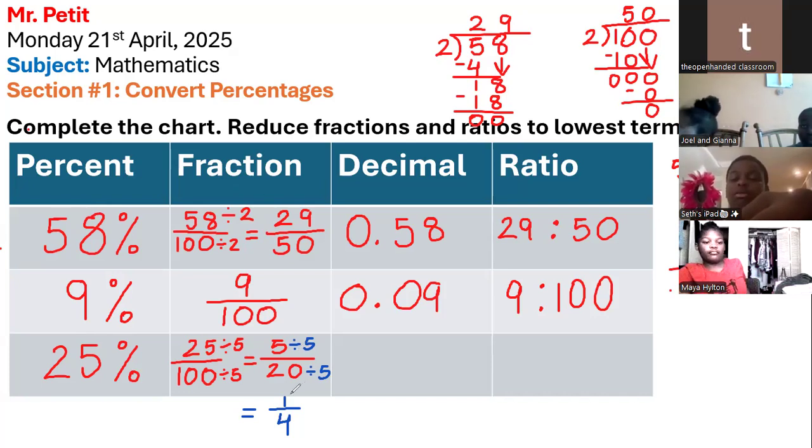All right, so it's 1 over 4. 5 divided by 5 is 1, and 20 divided by 5 is 4. Next, we have